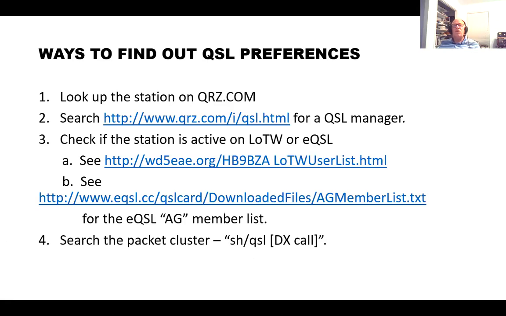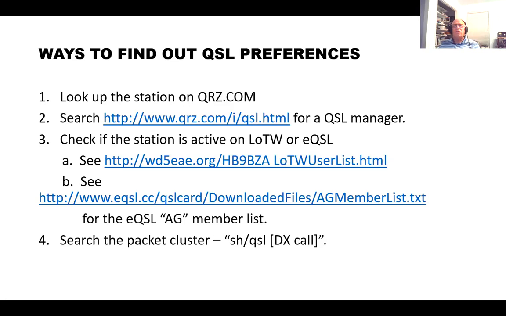He doesn't use eQSL. And if you want a QSL card from him, you have to send him an email and tell him how you want it. And in his case, he'll say, send me 4.5 euros, which is about $5.50 to $6, using PayPal, and he'll mail you a card. And he'll also upload it to Logbook of the World.